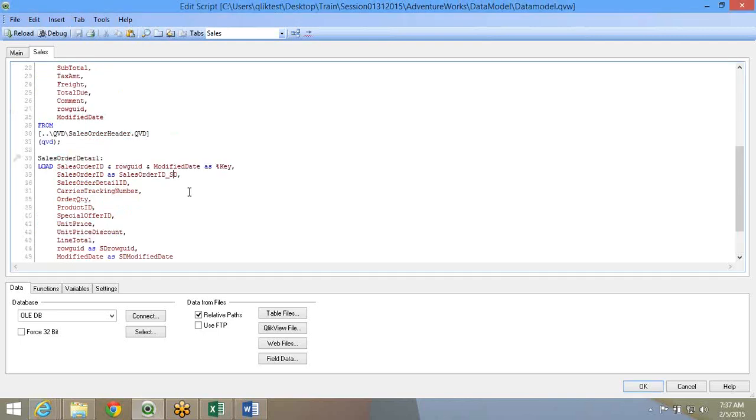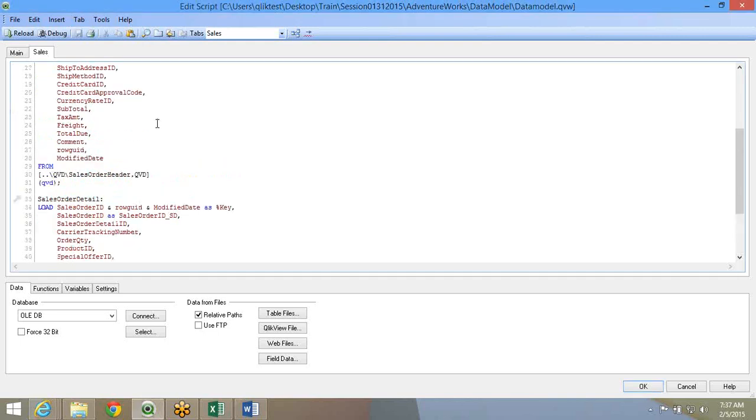To begin with, yesterday we saw how to create QVDs, and after the QVD creation, we loaded the tables into QlikView.